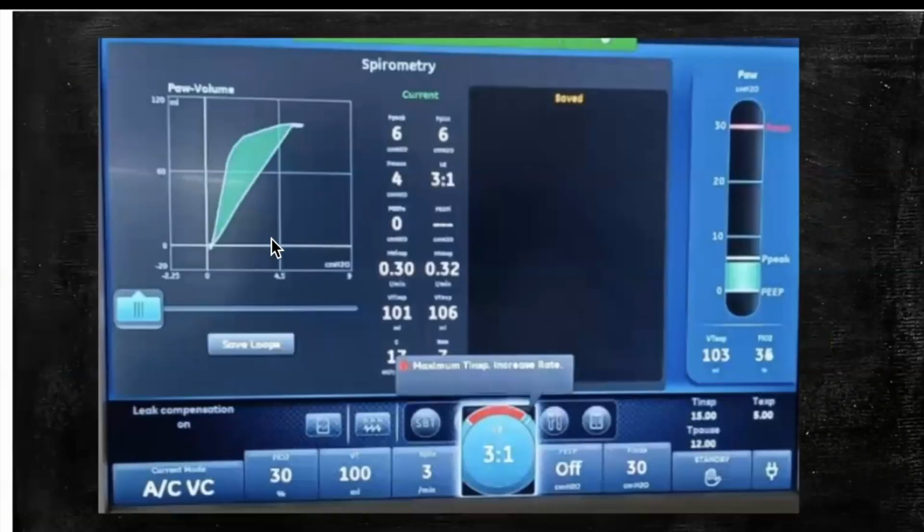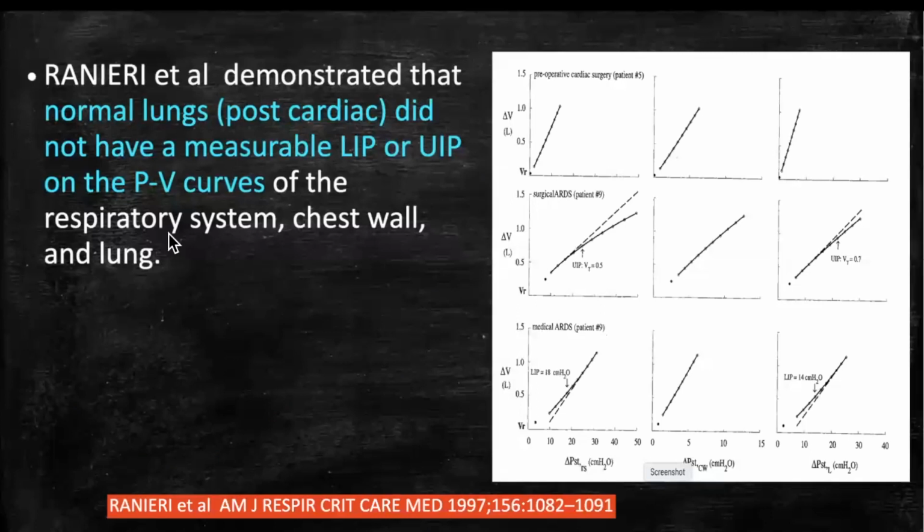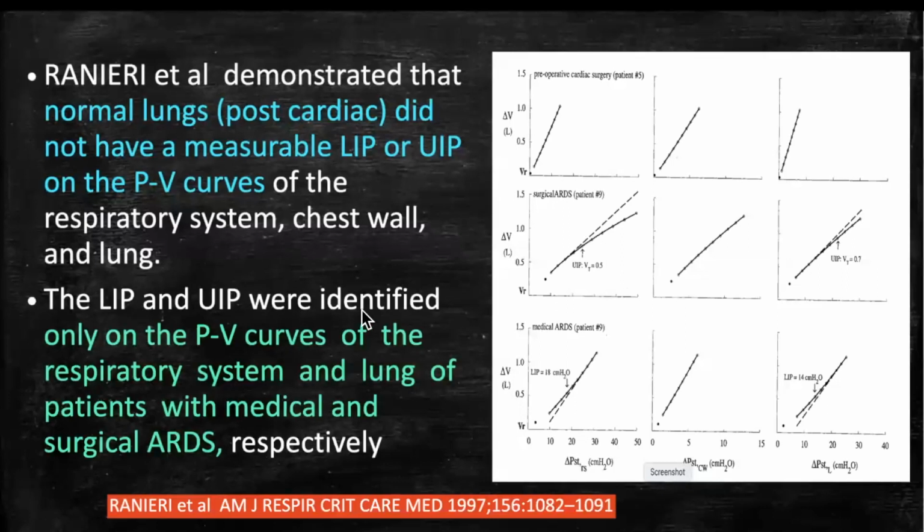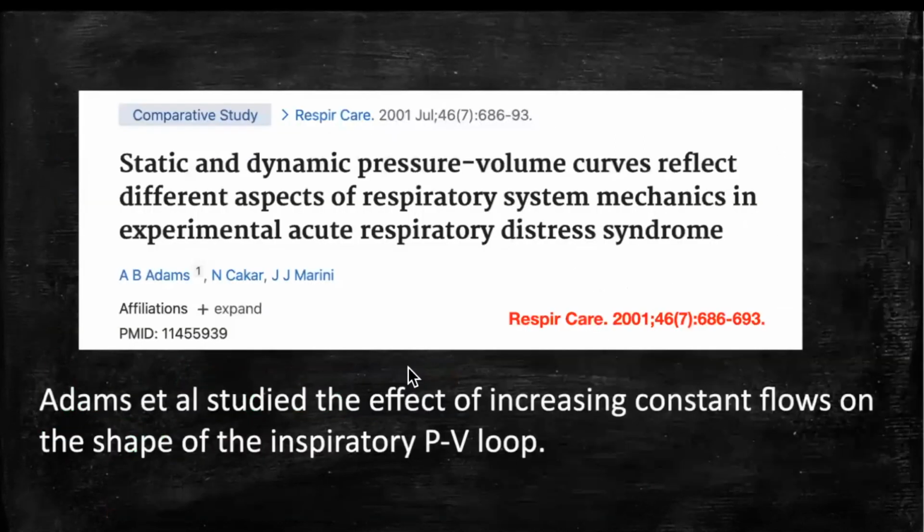Rennedy et al. in 1997 showed that in normal lungs there is no lower inflection point, and you get a typical lower and upper inflection point only in children, in patients with ARDS. So what it means is you need to have some under-recruited alveoli, some 20-30%, only then you get a lower inflection point. In fact, there is one more study which showed that the chest wall is also necessary to produce some lower inflection point. So that is also one thing, and you need some under-recruited alveoli. If all the alveoli are open, if your lung is healthy, then you don't get a lower inflection point.